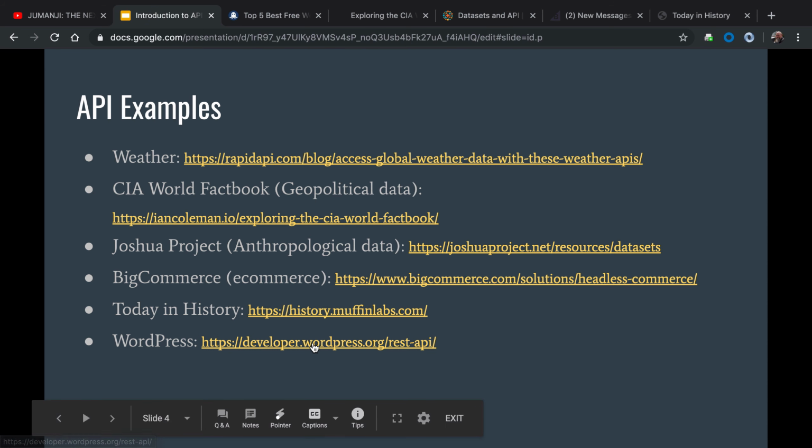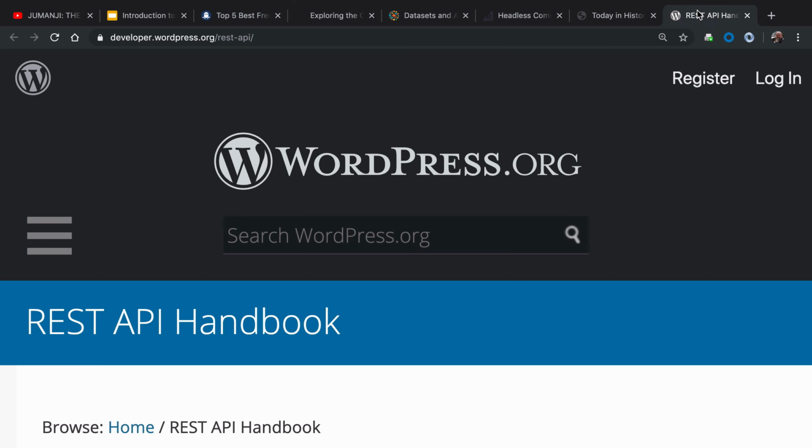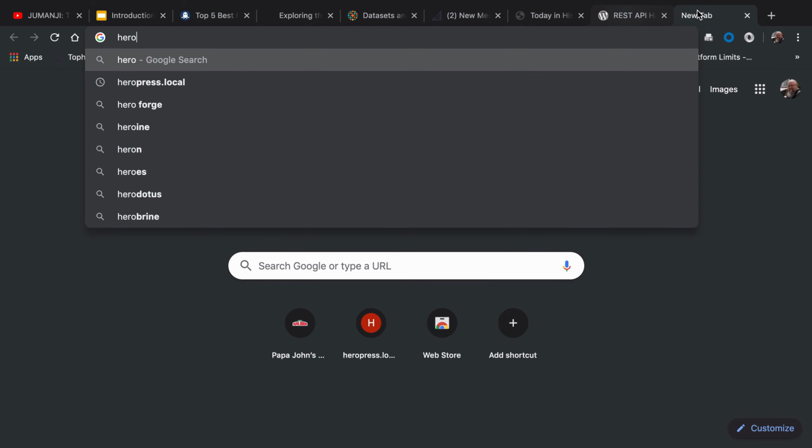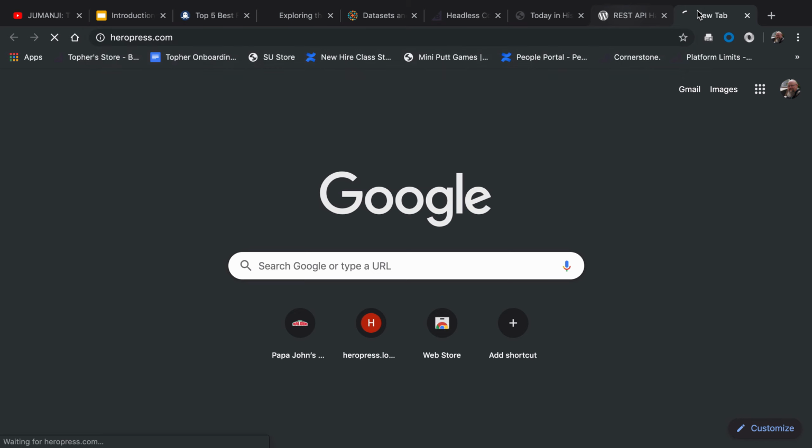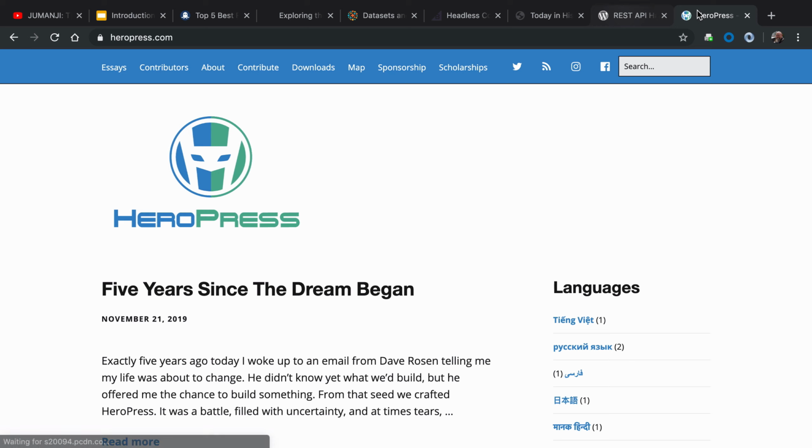And then WordPress. This is fascinating. WordPress itself has an API. Let's see. HeroPress.com. So here's a website, HeroPress.com.